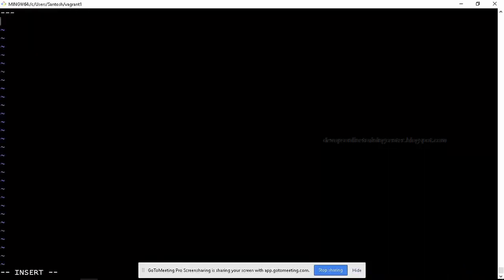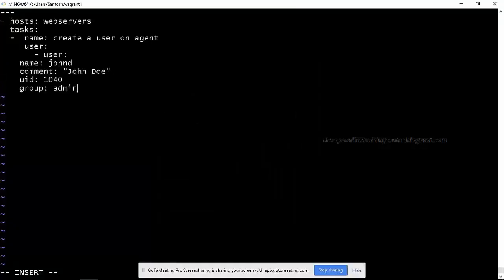I'll say on which host you want to execute, on web servers, right? And what are the tasks? Create a user on agent. Module name is user, and then we can copy what we have from the documentation, right?